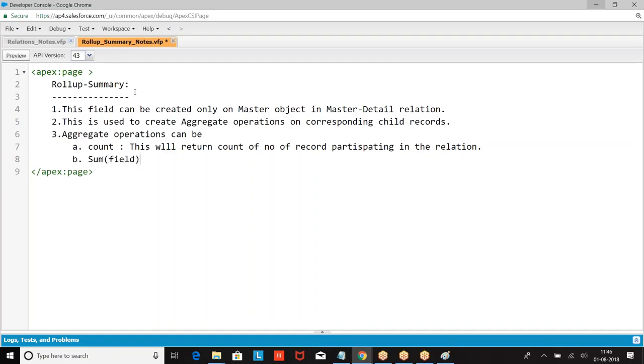Sum of: this will return the summarized value of the given field from the corresponding child records.